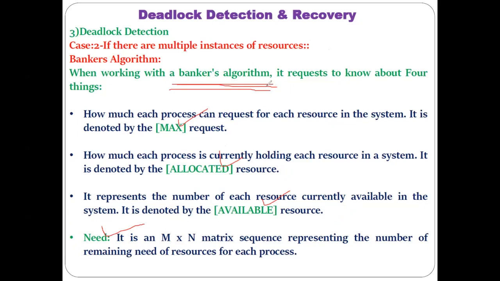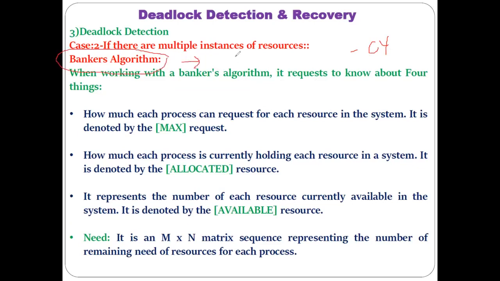And according to that, the banker's algorithm does the detection of the deadlock. When the system goes into the unsafe state, it means the deadlock has been detected, and that kind of information is given by the banker's algorithm. So in case of multiple instances of resources, just detection of the cycle is not enough, but along with the detection of the cycle, we have to apply the banker's algorithm.